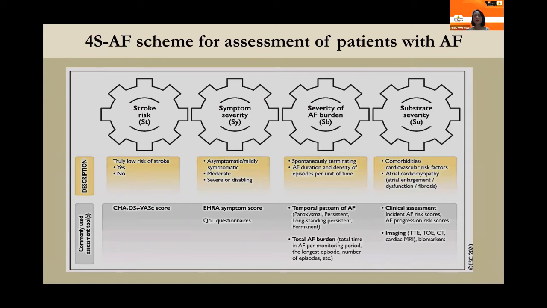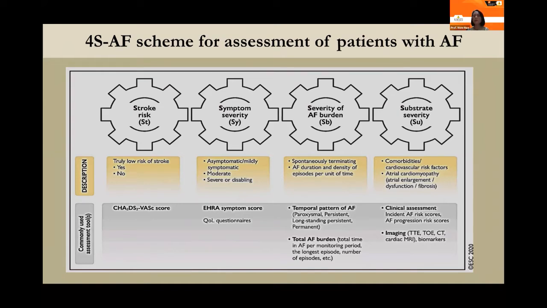The third one is the severity of the AF burden. The AF burden is the duration of the AF and also the density of the atrial fibrillation. Using a special report to the cardiologist or physician, and using 24-hour Holter monitoring is the simplest way to detect the severity of the atrial fibrillation burden. The final one is the substrate severity, and the identification of cardiovascular risk factors as well as comorbidities. Another thing is atrial cardiomyopathy, detected by using imaging like